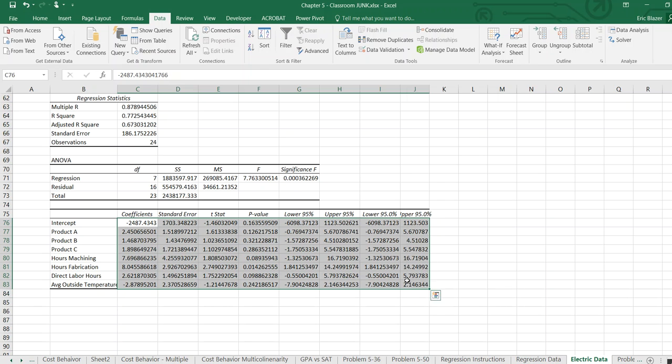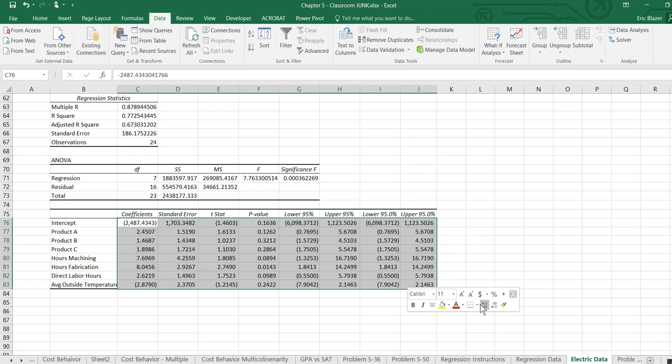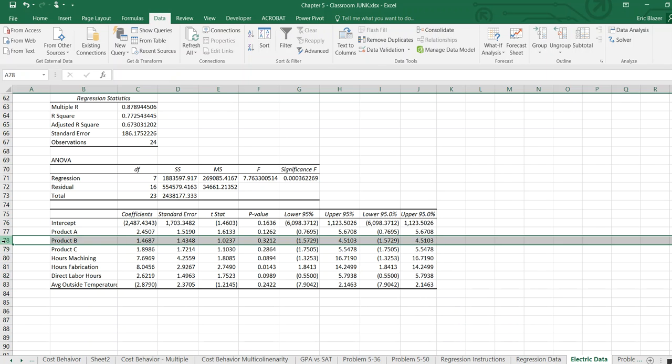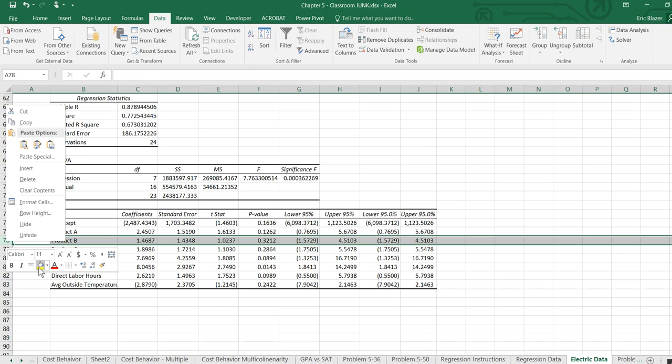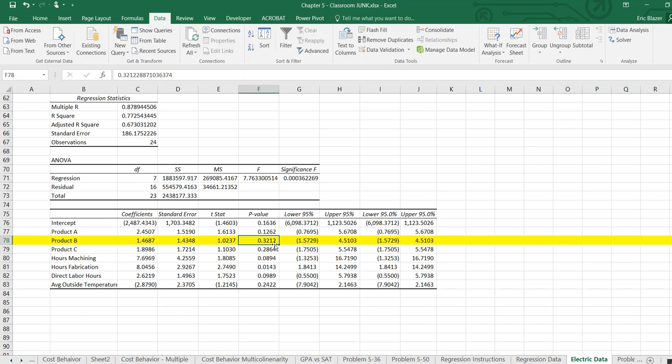Let's change our formatting here so we can read them a little bit easier. And we want to, again, eliminate the value with the least explanatory power. Our p-value, and again, that was our probability of making a type 2 error. We've got 32%. Looks like product B. It has the smallest explanatory power. It has the lowest t-stat or highest what? P-value. So we're going to want to run our regression again now, and we're going to want to eliminate product